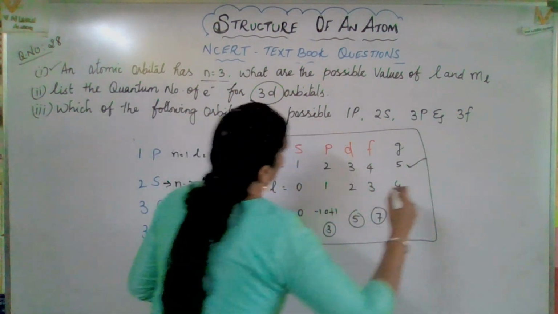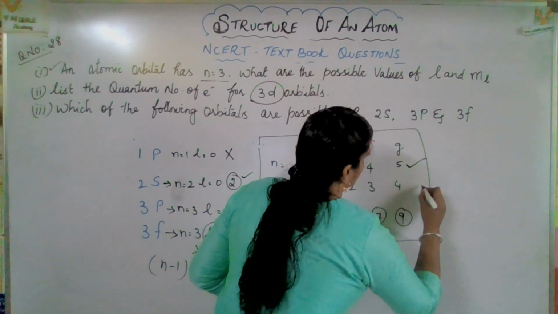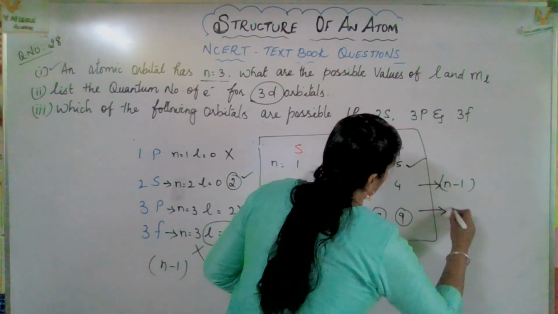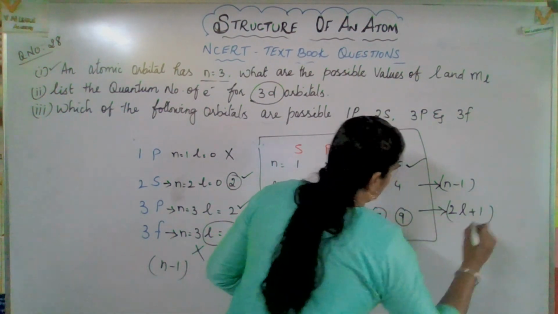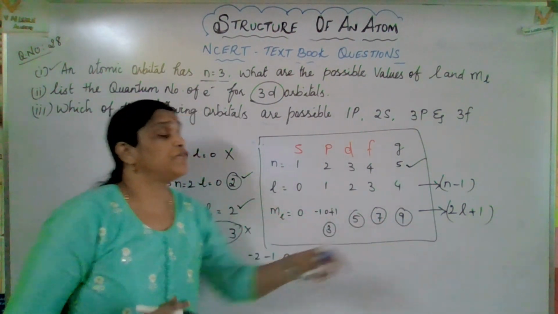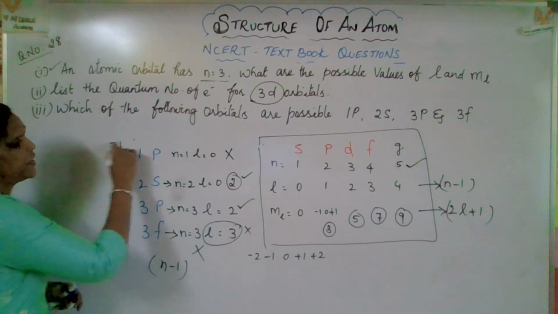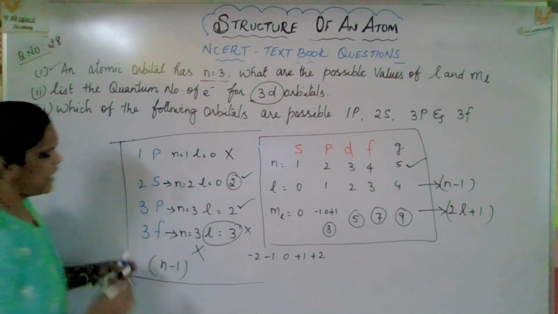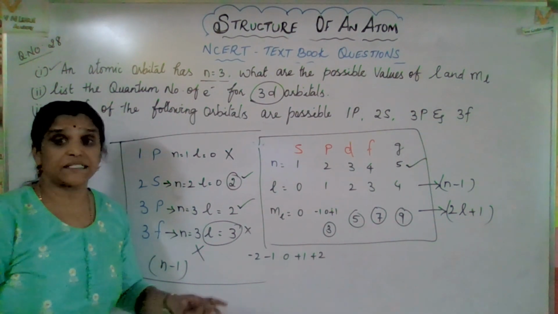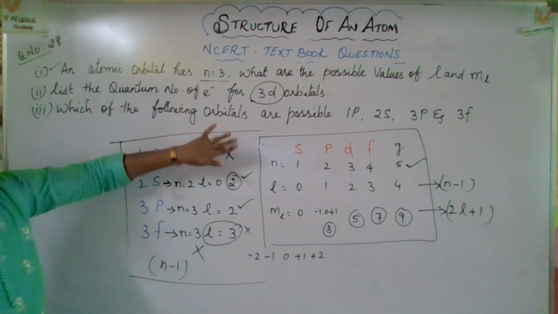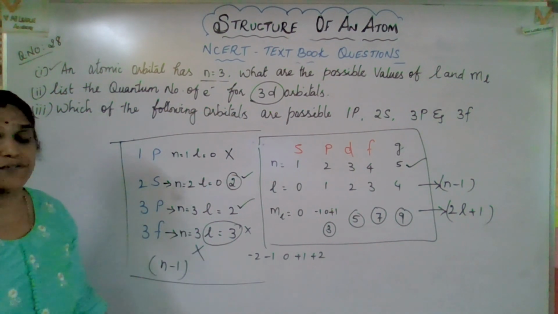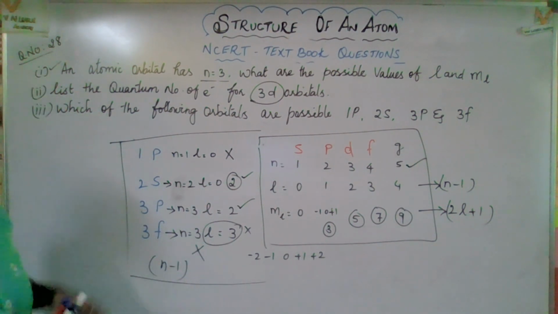So n is like 1, 2, 3. L equal to n minus 1, you just remember. And m equal to 2L plus 1. Please take down this formula to find all these points. I hope you got a clear idea about this question as well as quantum numbers and filling the orbitals, electrons, principles and rules of how the electrons are filling. Yes, fine. Come on, let us go for the next question.